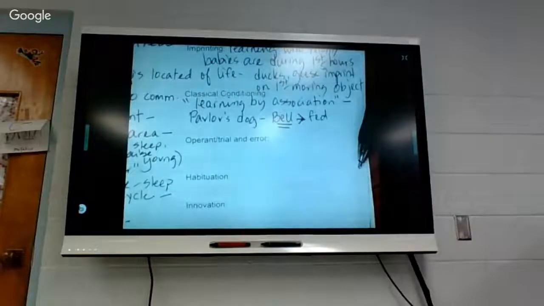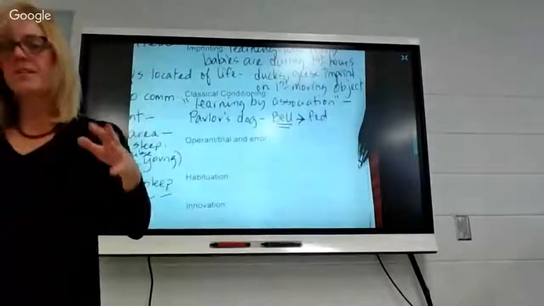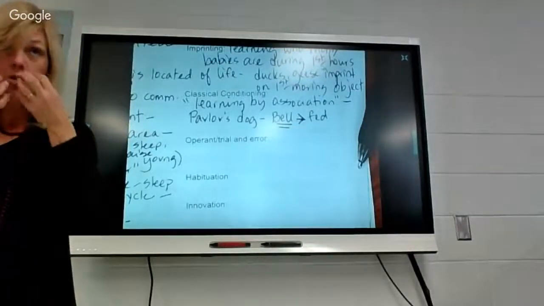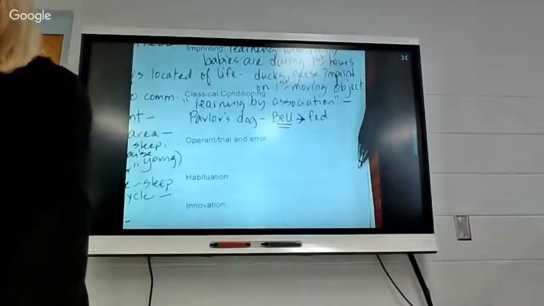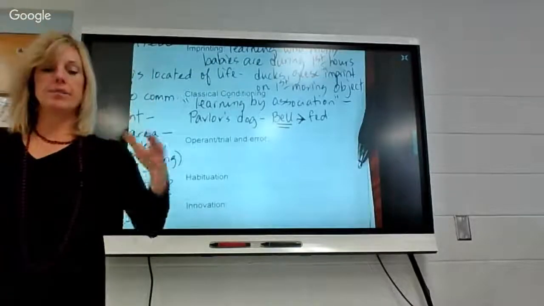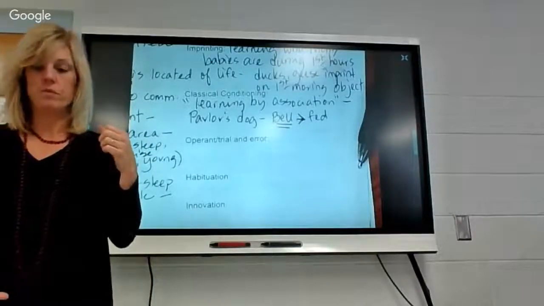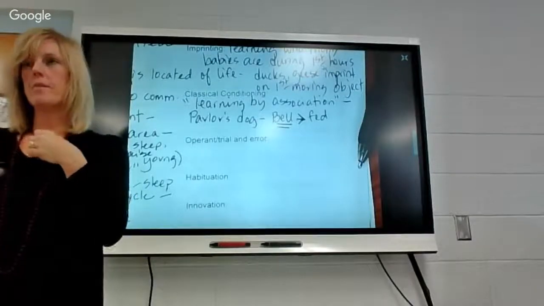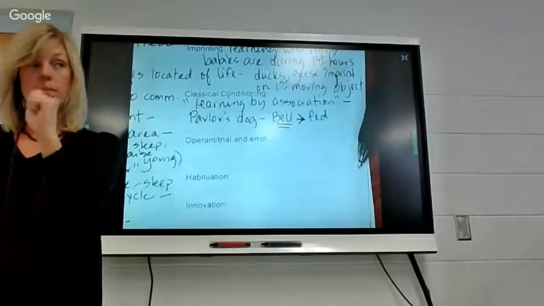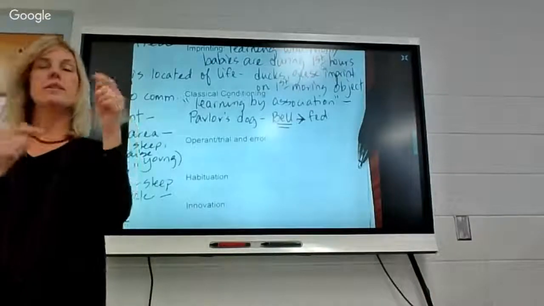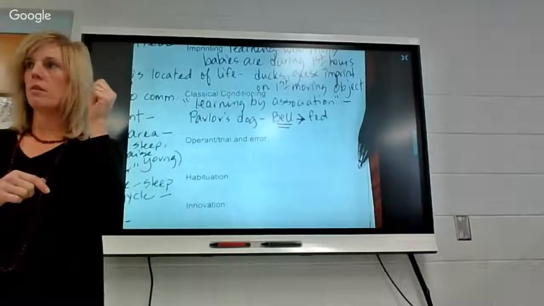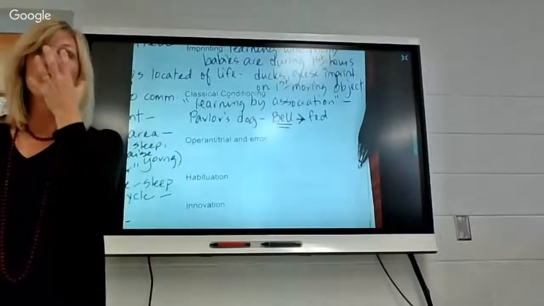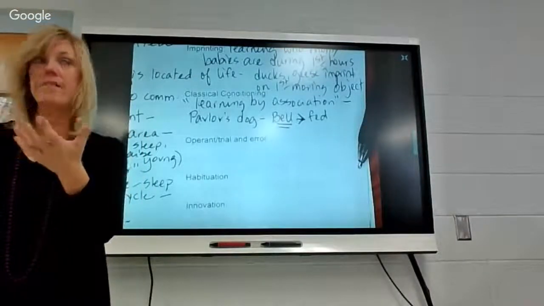Okay, so what he did was he has this dog. He knows that when the dog smells food or sees food, it starts to salivate, it starts to drool. And so what he does is he takes the bell and, in front of the dog, he shows him the food, and then he rings the bell. And then he gives him the food. And then the next time he does the same thing, shows him the food, rings the bell, gives him the food. So what is the dog going to associate a bell with? Food. So we do this all the time. And eventually he didn't even show him the food. He rang the bell and he starts to salivate because he's anticipating getting that food.